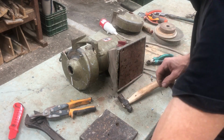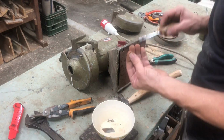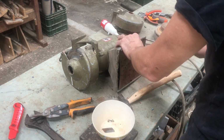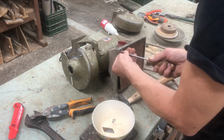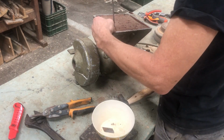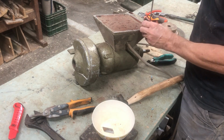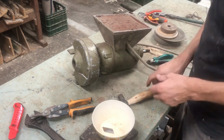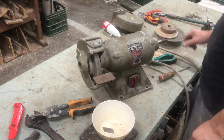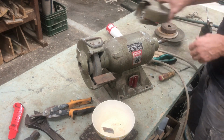Seems all right. Okay, look at that. All right, so now we've got, this guard was removed at some stage, and I've got a couple of